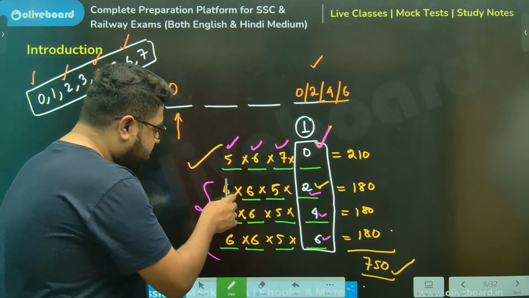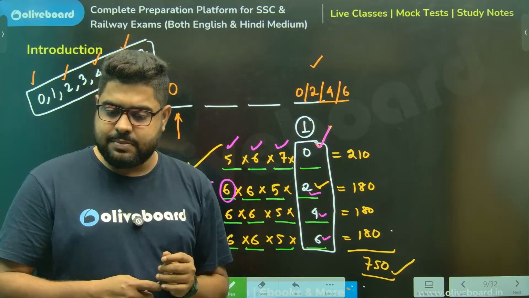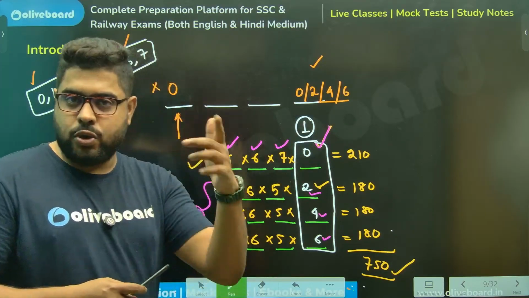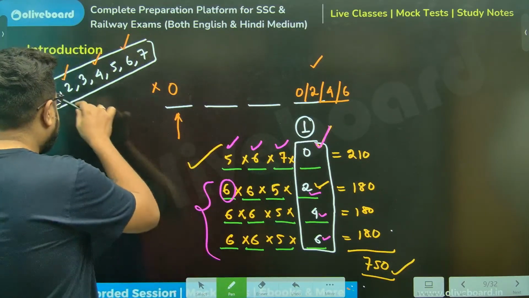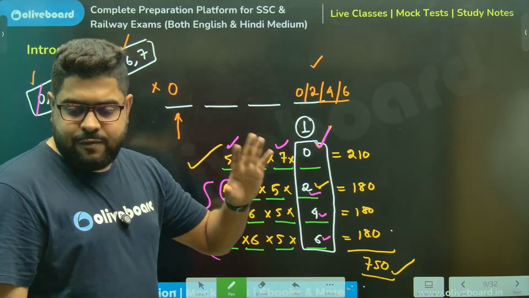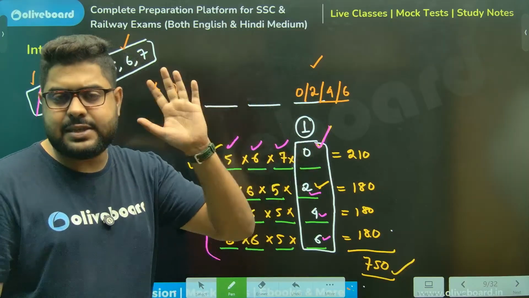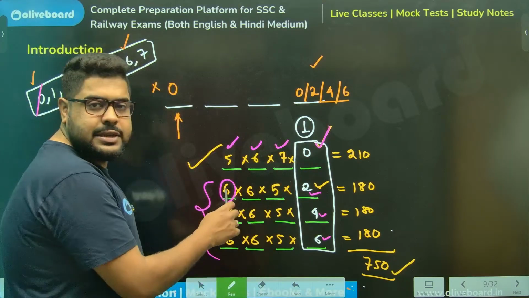0 cannot sit over here. This is the first digit. Again, sir, a 4-digit number will become a 3-digit number. That cannot happen, or that should not happen at least. So I cannot put 0 here. So in spite of having 7 digits left, I cannot put 0 here. So I only effectively have 6 digits left. So that means 6 choices here.